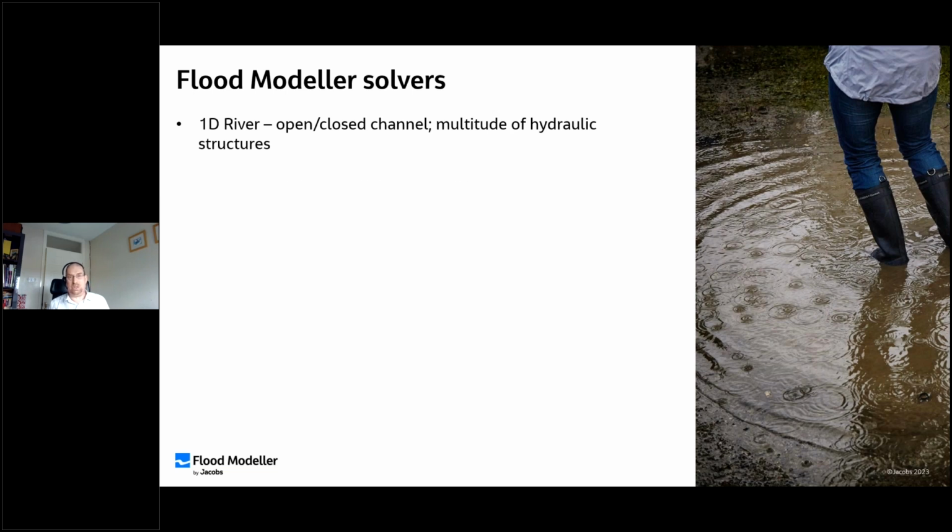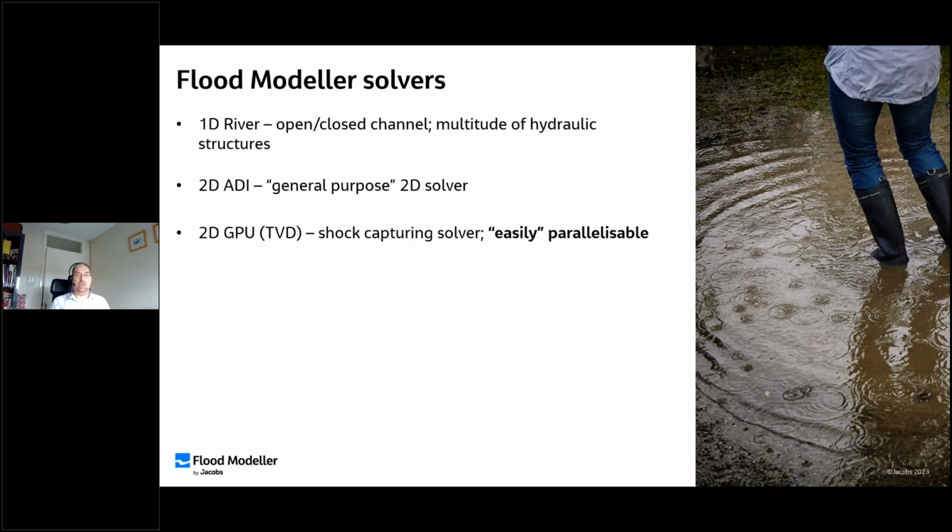And those things are generally well understood. There are a couple that I'll come to in the future that may be less so. Then we have our 2D ADI solver, which is our general purpose 2D solver. And we've also got our 2D GPU, which is based on the TVD scheme. And that's more of a shock capturing solver,